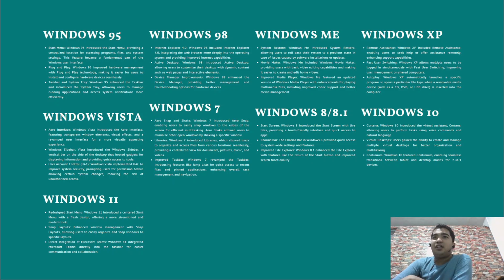For Windows 10, it introduces Cortana, which is the virtual assistant. It also introduces virtual desktops, which you can use to create a virtual desktop for better organization and multitasking. And it also introduces Continuum, which allows a seamless transition between tablet and desktop mode for two-in-one devices. Windows 11 introduced a redesigned start menu from Windows 10, snap layouts which allow users to customize their PC even more, and the direct integration of Microsoft Teams into Windows 11. So next,